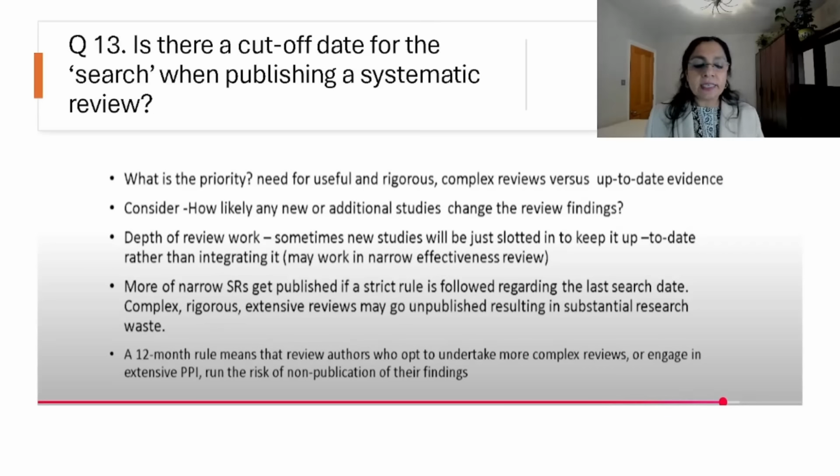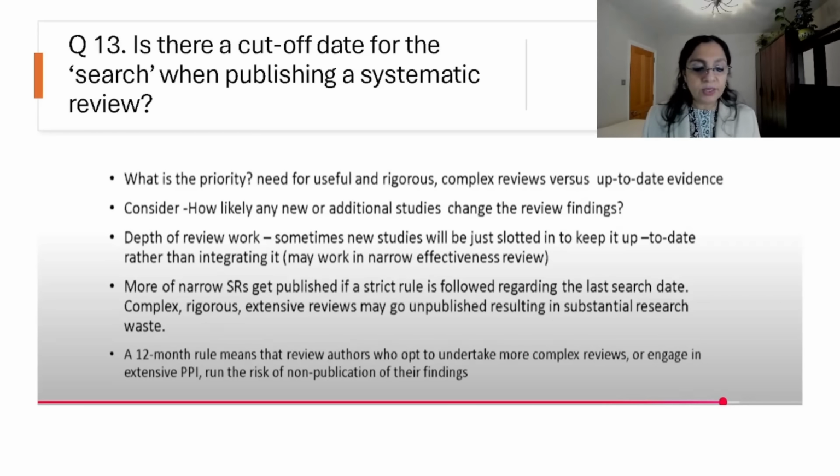This is something journal editors and reviewers have to keep in mind. If you are very strict about the rule, without considering the topic, without considering whether the new research can substantially change the findings of the systematic review, what can happen is that more narrow systematic reviews get published, and complex, extensive, rigorous reviews, because they took some time, go unpublished, resulting in substantial research waste.